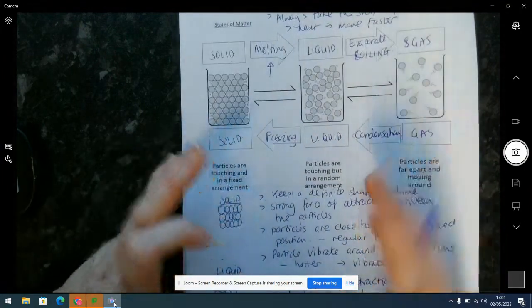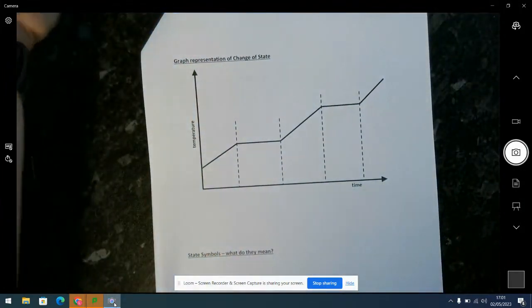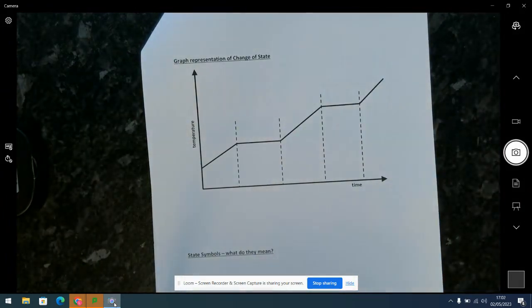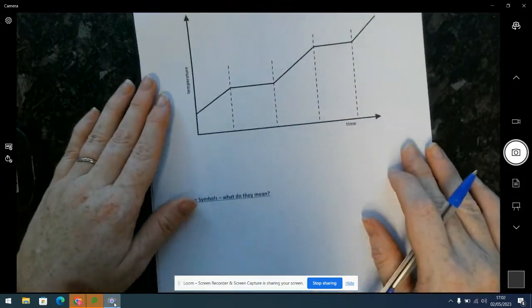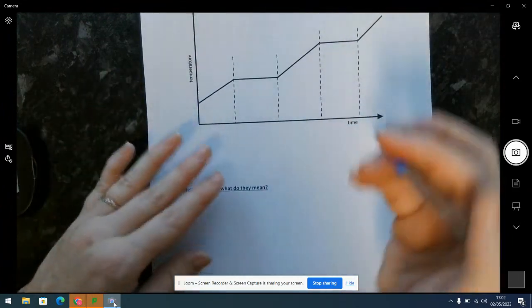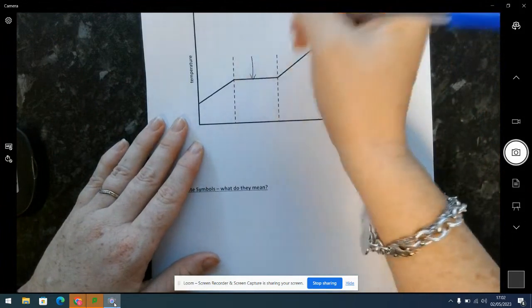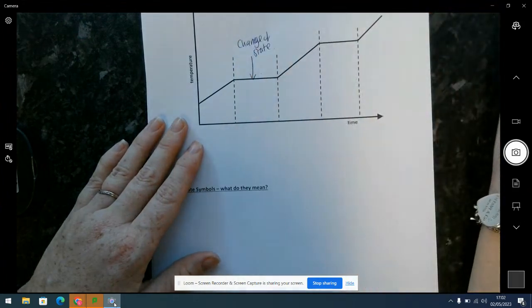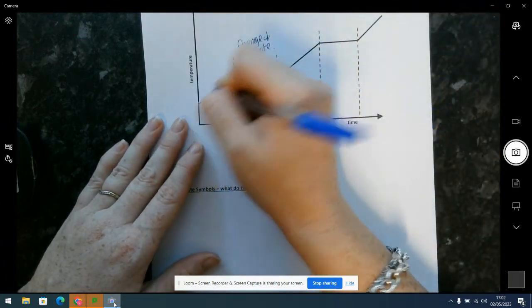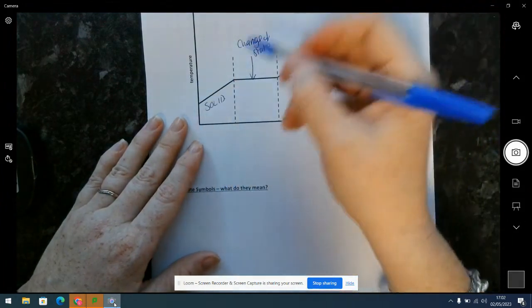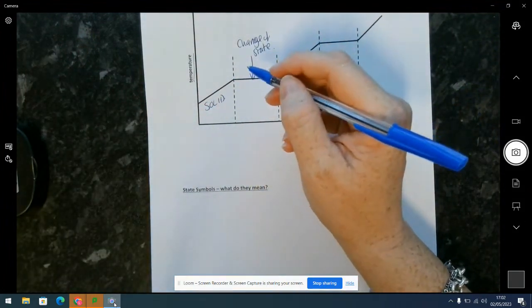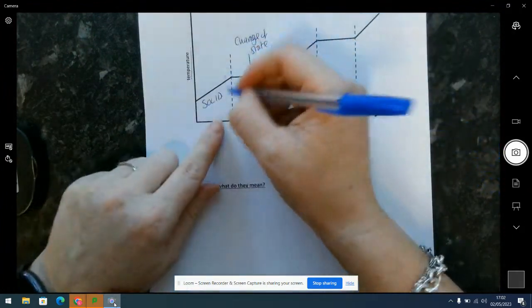Now, as I said, this could come up as a graph, and you need to be able to spot when we have a change of state taking place within a graph. So here I've given you a change of state graph, a typical one. I've actually used this recently in physics. So what I want you to essentially see is the flat lines, and the flat lines are telling me that there is where a change of state is taking place. Okay, so we can imagine that if I start with a substance that is a solid, and as you can see, the temperature is going up, the particles are vibrating, and as a result of that, they are producing